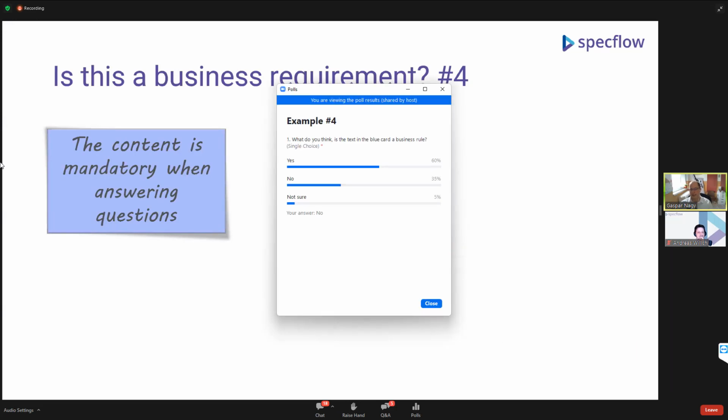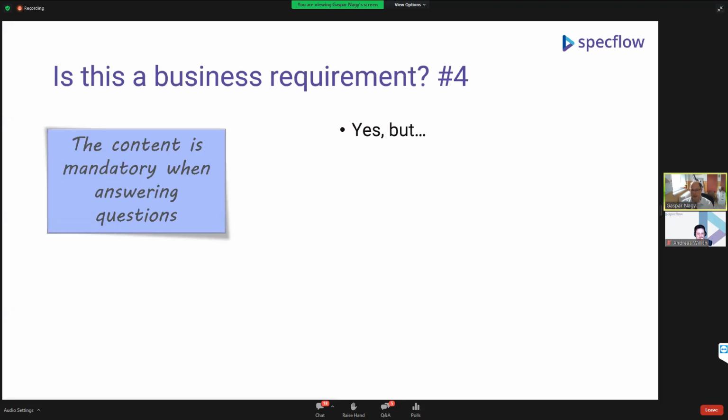Most of the people were saying yes, and I absolutely agree to them. So this is a yes. I wanted to include this example though, and maybe in the Q&A you can even argue to that. But I was saying that the validation rules are business requirements. That's clear. However, the validation is a little bit tricky